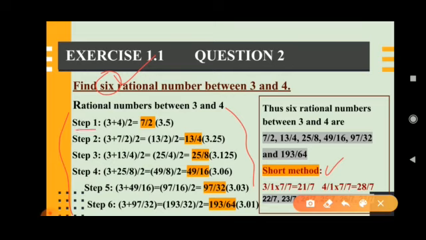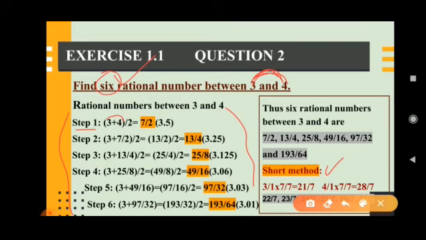Step 1. Observe, step 1 is nothing but the first rational number. You are finding the first. How to find the rational number between two natural numbers or whole numbers or integers if they give like this? You just have to add those two numbers to get the first rational number. Just add those two numbers, 3 plus 4. 3 plus 4 is 7, whole divided by 2. You just take the sum of two numbers and take half of it, or you can say the average of two numbers.